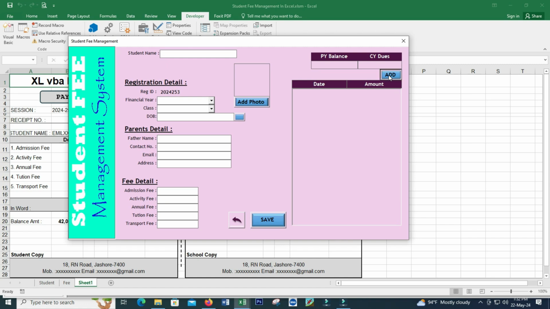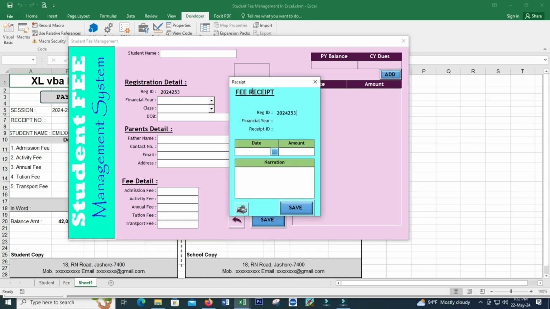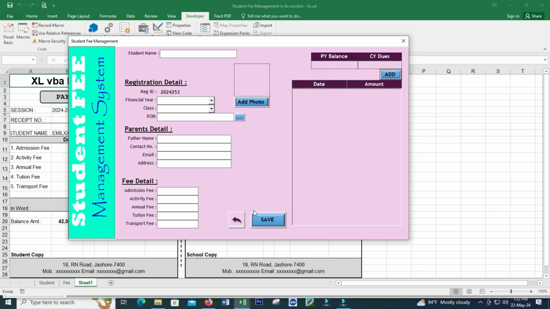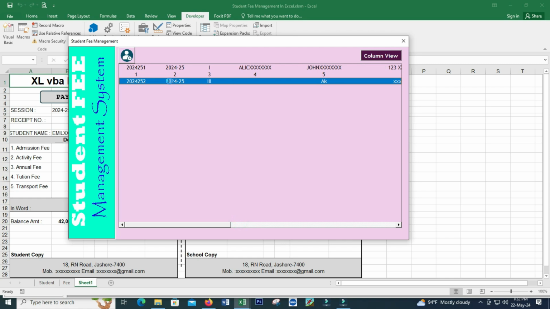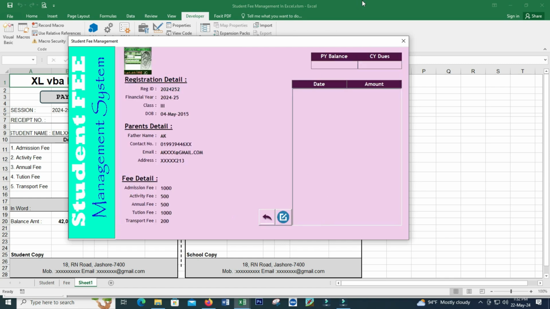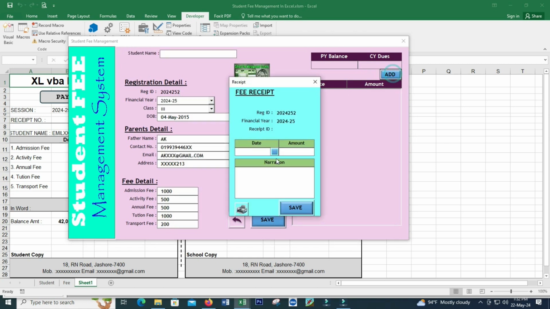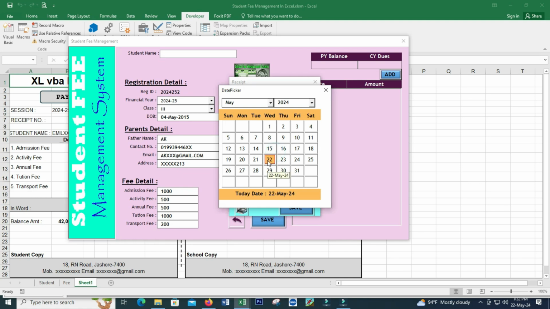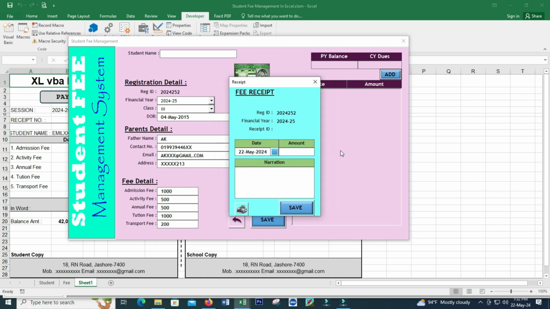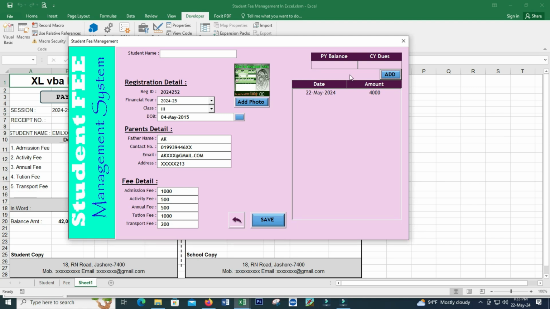Add button. Back. Double click and add button. Today amount 4000, P1 and save. Okay,